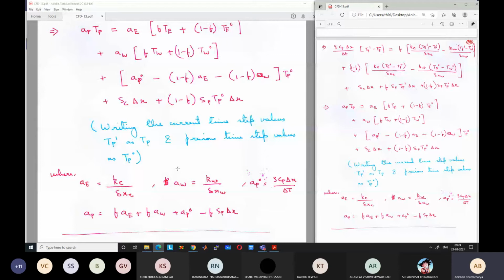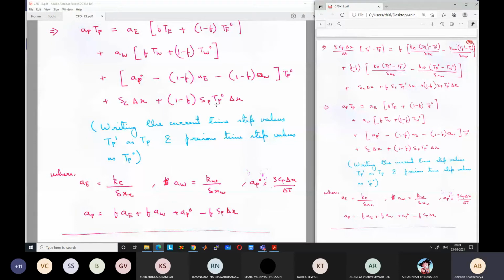So what we are seeing is that the solver part remains similar, but the calculation of the coefficients is changing whenever we are changing the equation. We are going for a more complex equation like adding the source term, the calculation of the coefficients is changing. If we are adding one more term like the unsteady term, the calculation of the coefficient is changing like this. Okay.